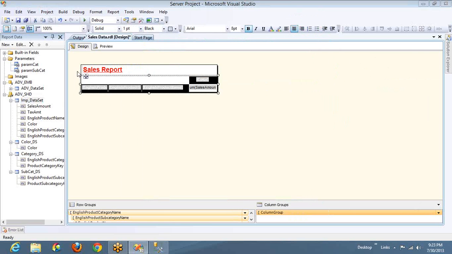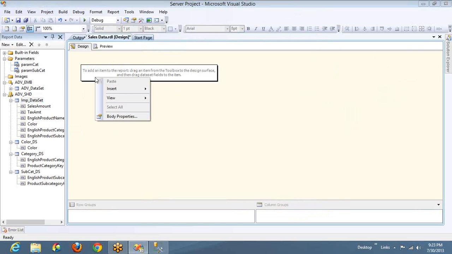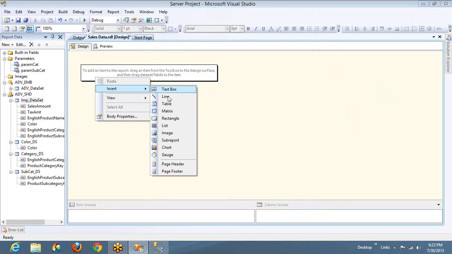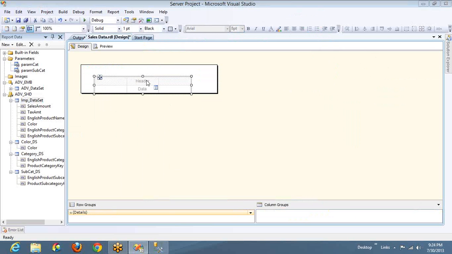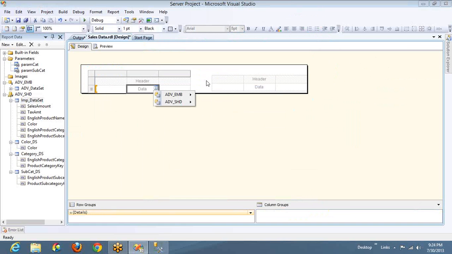Let me delete this table and even the header. Remove the page header. And I'm inserting a table, and now I'm gonna design 2 tables. By the end of the design, you will come to know why we need filters. Okay, there are 2 reasons mainly. One reason I'll explain with this, and let me add one more table. Okay, I've added 2 tables,